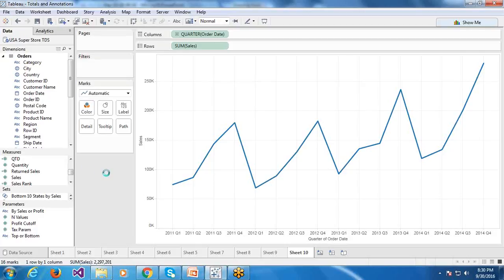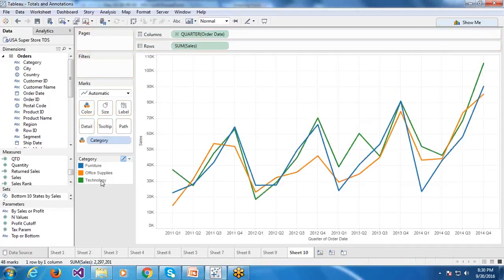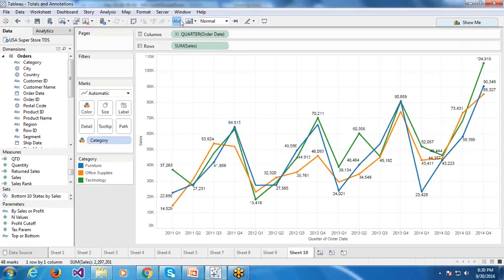So we have these values. Basically, to enable labels, what do you do? You will say labels here, right? But see how it is looking. It is looking a little clumsy, right? A lot of values, and of course here there are only three lines. But still, if there are more lines, what happens? It will be more clumsy, right? So you can manage mark labels as per your wish.